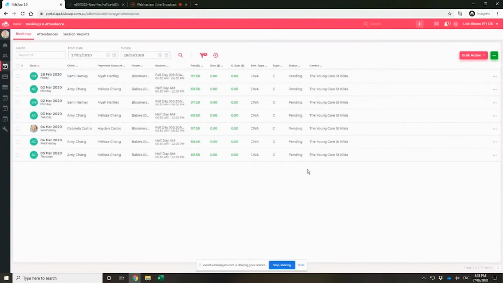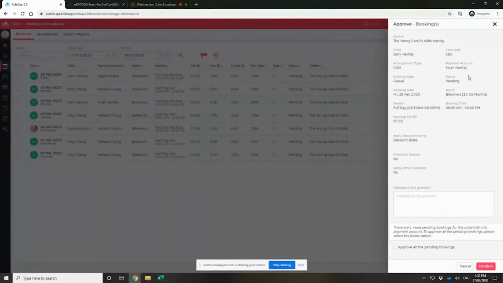Now again, with Enterprise Access, you will see all the children, and it will be multiple days as well. You can always filter it by day up top. You can approve all these bookings in bulk if you need to, or you can approve them individually as well. I'm going to go through that with you. If you are approving or rejecting the bookings, you'll click on the 3-dot button here, and you can click on approve or reject. For this purpose, I'm going to click on approve,